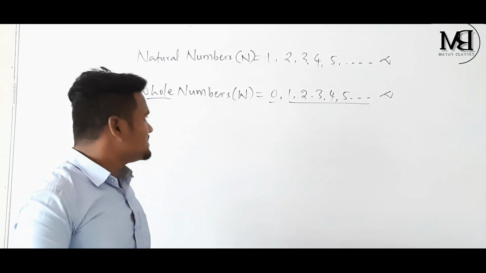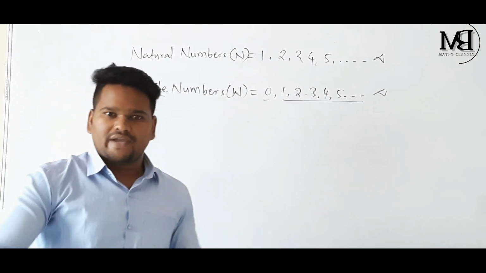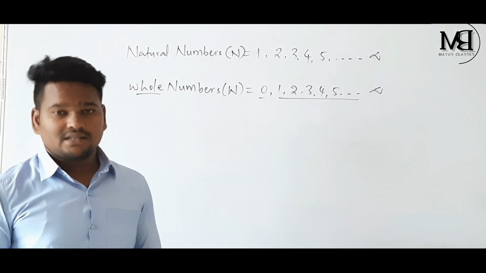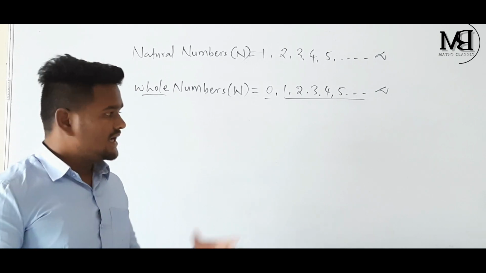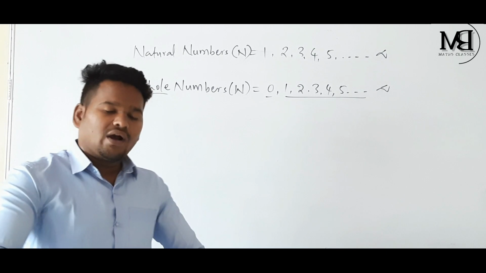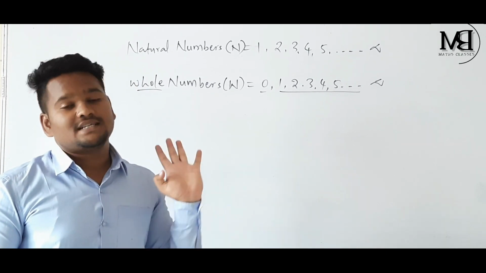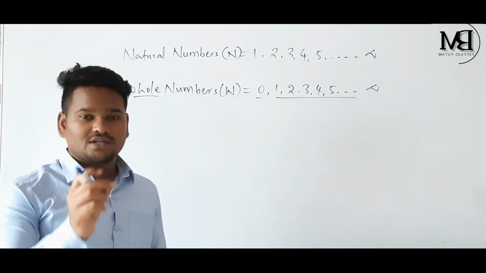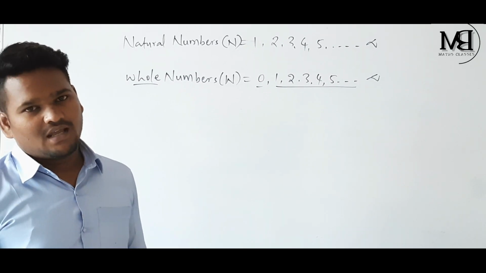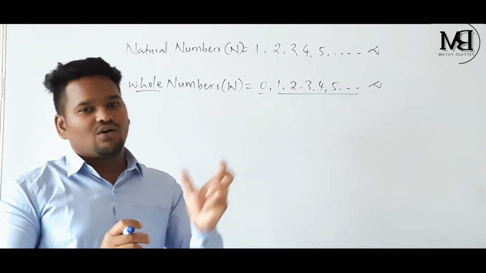Now we have natural numbers and whole numbers. Let's revise our cases. Our case 1 was, how many chairs are there? There are 4 chairs. Our case 2 was, there is no chair, there is nothing. And now as case 3, there are no 4 chairs. How are you going to represent this lack of 4 chairs, this less than nothing?